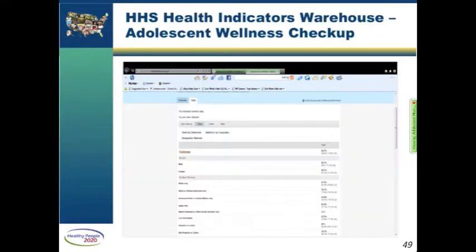The next slide shows a screenshot of the data template for the same objective. I know that it's very difficult to read, but at least you'll be able to see how the data templates are laid out. The left column contains all of the data elements. For this particular objective, it includes such things as gender, race, ethnicity, country of birth, disability status, health insurance status, geographic location, whether the young person lives in a more rural or a more urban location, and family income. The right column provides the actual percentages.